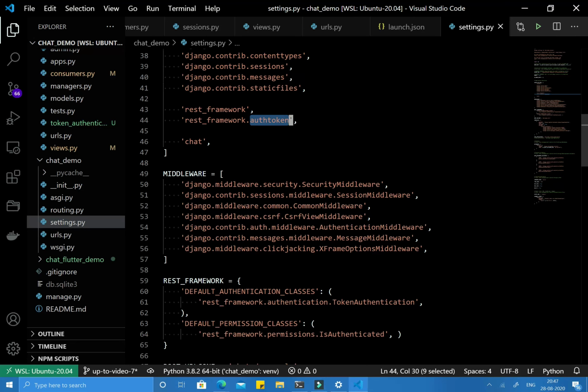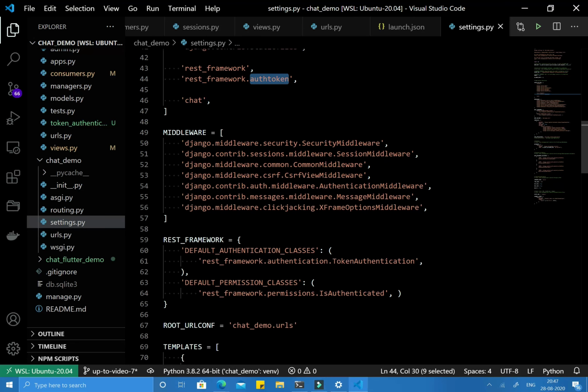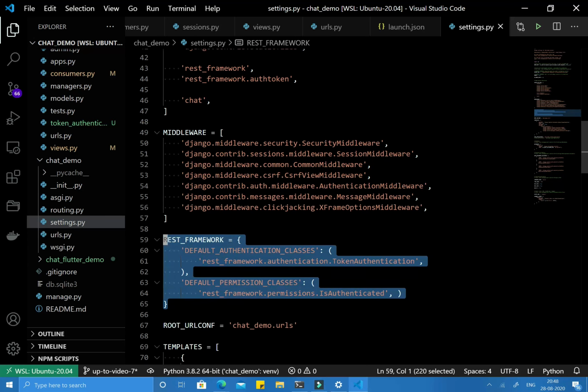Once this is installed, you need to add a few more configurations under REST_FRAMEWORK, where you define what authentication and permission classes you are going to use by default. This is the default authentication you would use while implementing REST APIs. But in our project we are not going to implement REST APIs; we are going to use the token after login for connecting WebSockets. So for now these are the basic configurations you need to add in settings.py, where token authentication is the default and IsAuthenticated is the default permission class.